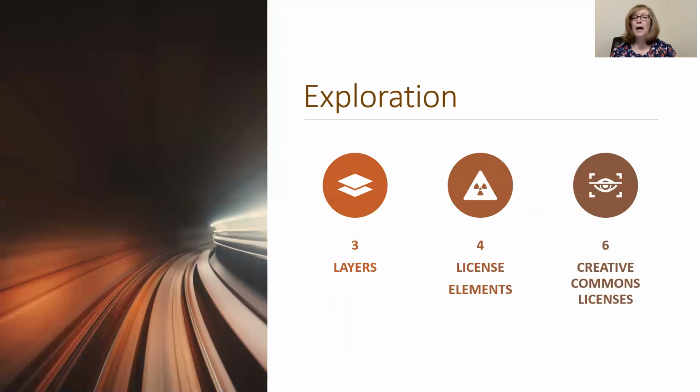Okay, so let's unpack some of the particulars about Creative Commons licensing. We'll look today at the 3 layers of a license, the 4 license elements, and 6 Creative Commons licenses, and